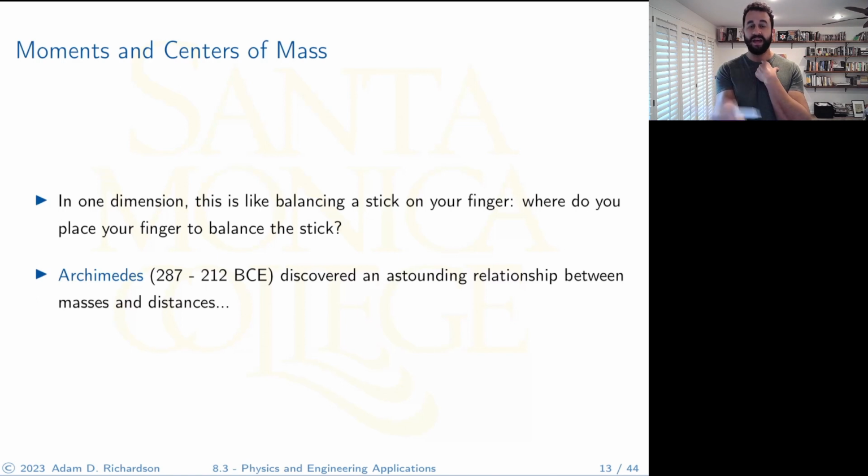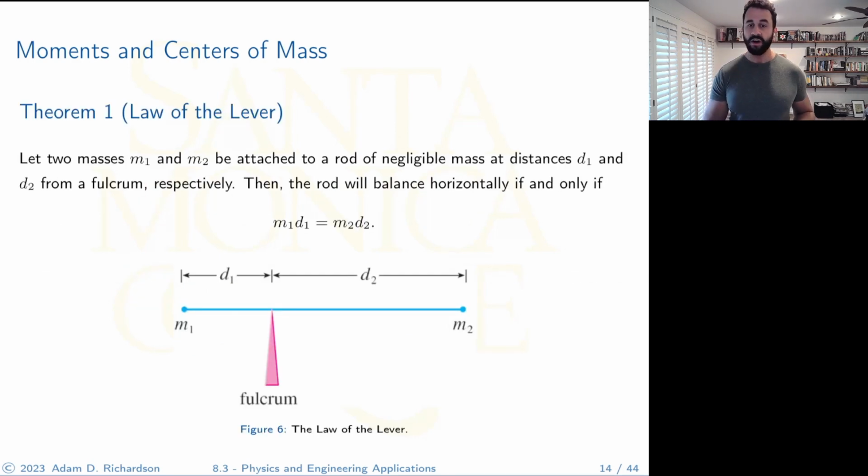That's the question. Well, the answer to that question has been known for quite a long time. Archimedes discovered an astounding relationship between masses and distances that tell you precisely where that point is going to be. And this is what's called the law of the lever. So you might remember this vaguely from a physics class if you took physics back in high school or something, but if you don't, that's okay. We're going to review it here and talk about what this means,